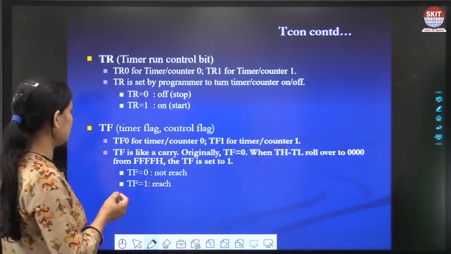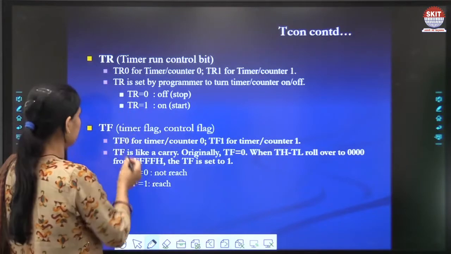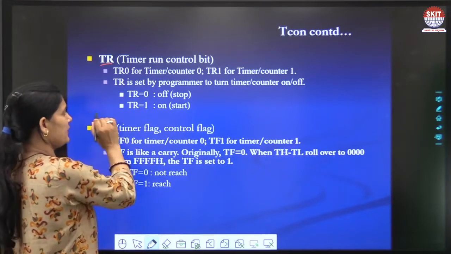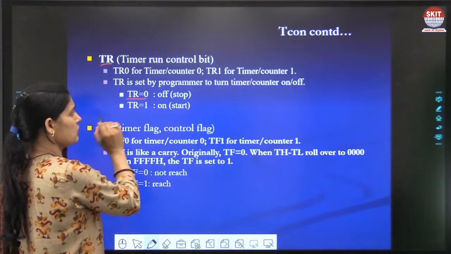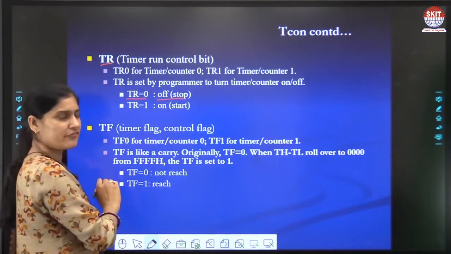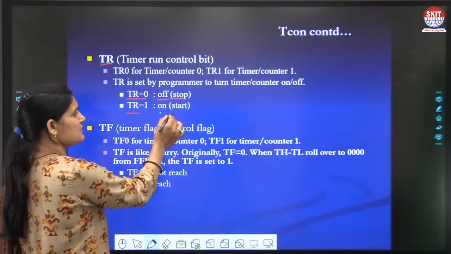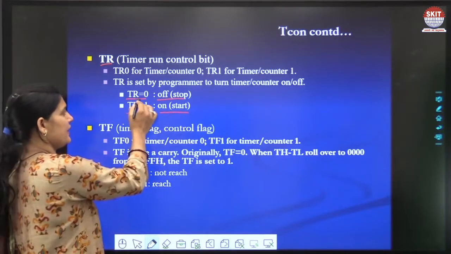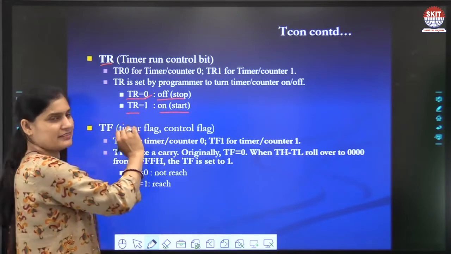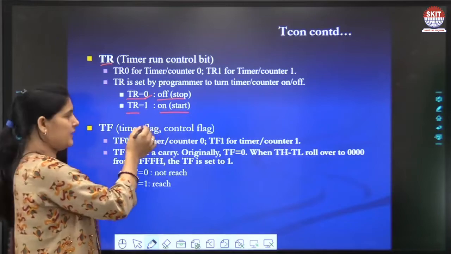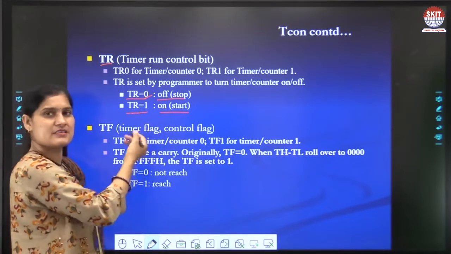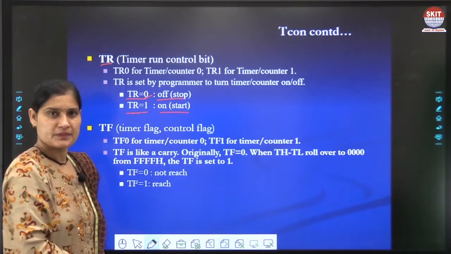So this TR is the timer run control. TR equal to 0 means stop, and TR equal to 1 means on. If TR is reset, then the timer is off, and if TR is 1, it is set, which means start, okay.